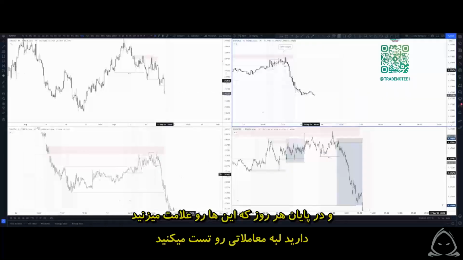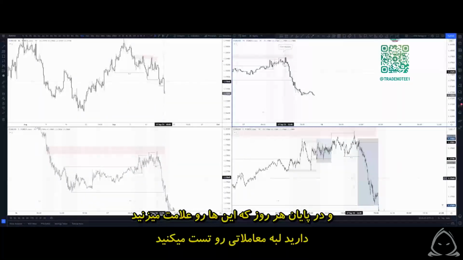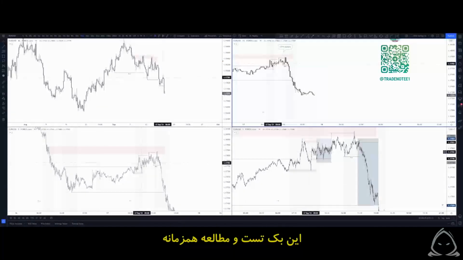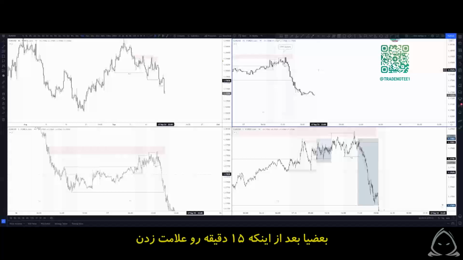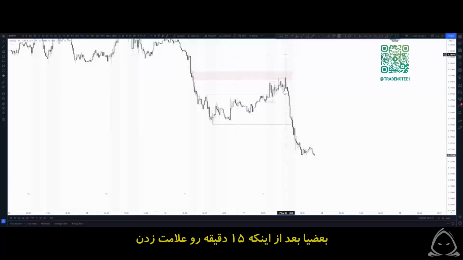And then at the end of each day, when you're marking up all of these opportunities, you're testing your edge essentially every day. So instead of doing backtesting, this is essentially backtesting and a case study all in one. And to take it one step further, I know a couple of the lads, once they've marked up their 15-minute stuff,